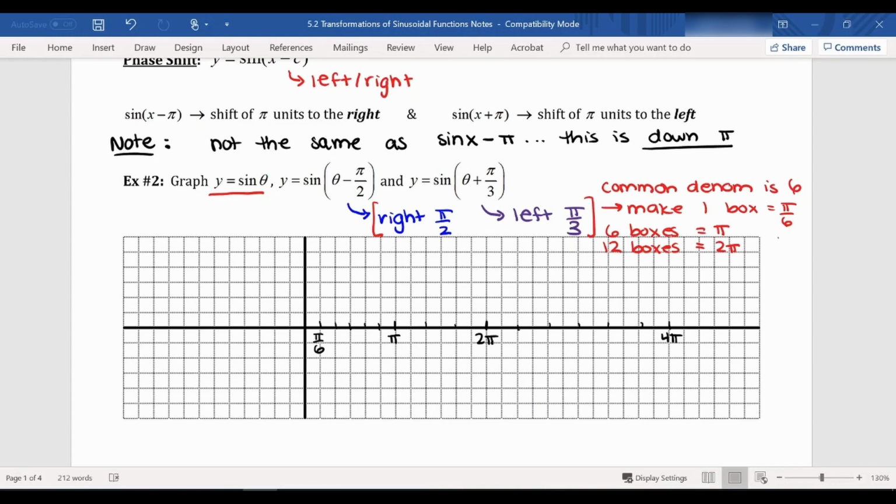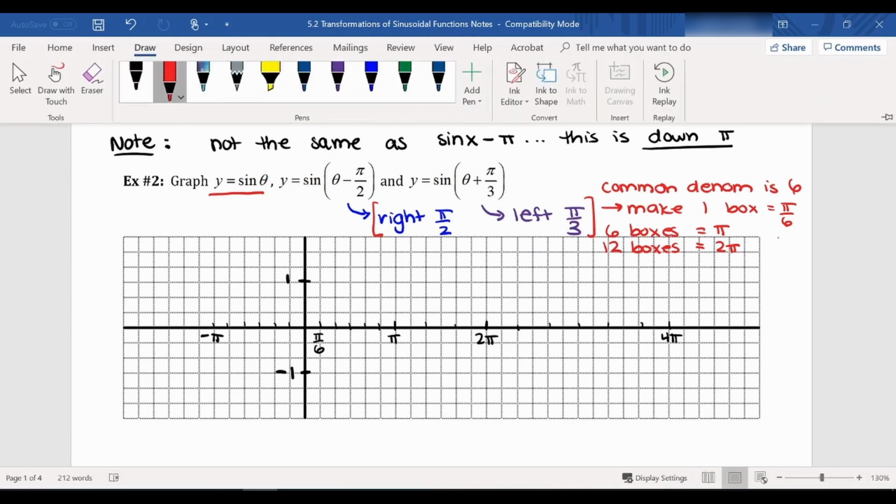And then to the left, we could do the same thing. 1, 2, 3, 4, 5, 6 is negative pi. We have no up, down. We have no change in amplitude. So this means that our maximum and our minimum are still 1, negative 1. Again, you don't have to use that scale. You could make one box worth 1, but I like to spread it out if I can to make it